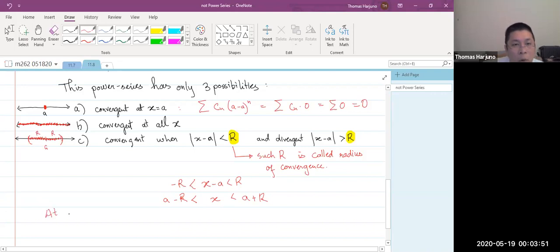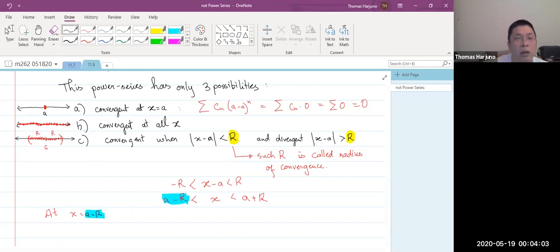At the endpoints, at a minus r, this endpoint here, and at the other endpoint, a plus r,